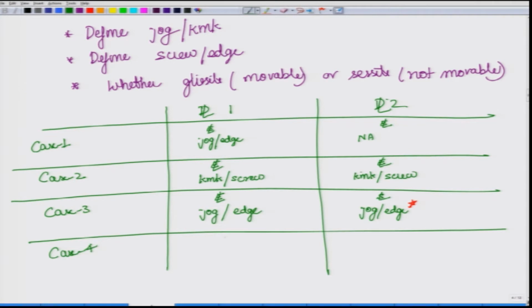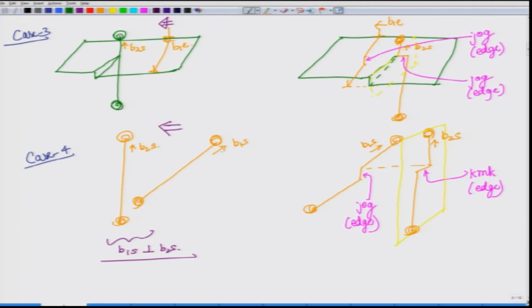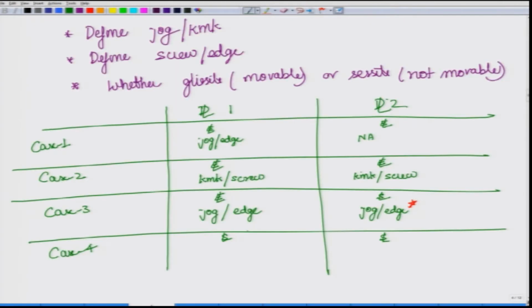Case 4, we had 2 screw dislocations, and again depending on the assumption, for one of them we do not need to make the assumption, which is for 1. For 1 we do not need to make the assumption because we are assuming that it is moving in this particular plane. So, we know that it is moving and so its slip plane is described, and it is necessarily a jog. So, for screw dislocation 1 it is necessarily a jog, which means edge, and for 2 we have to assume a certain plane.